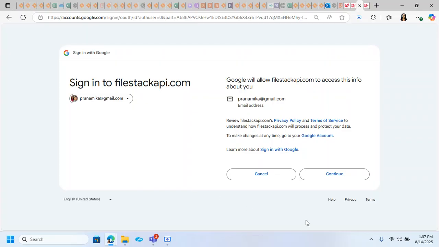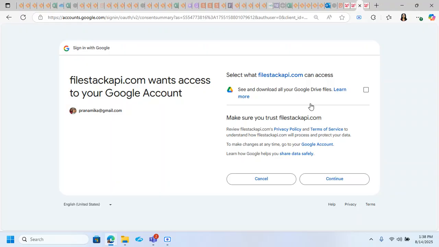In the next page, as you can see, for the account which I selected, Google is letting the user know that FileStack API will access information from the account you have just provided us. This is another information page which is shown to the users. Once the user says continue,